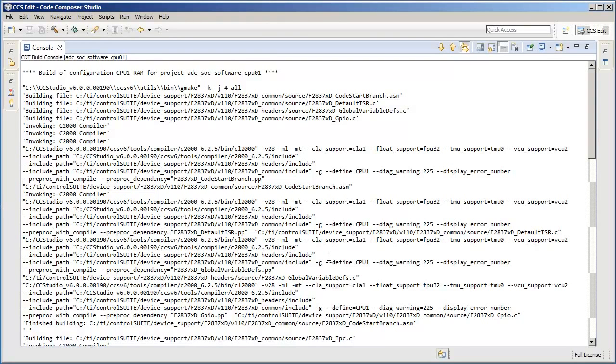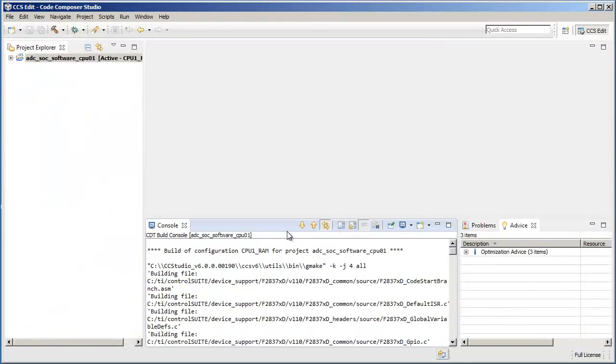So it's a little bit more difficult to interpret and understand the output of the build console, but it's just something to be aware of, and just so people know that when enabling parallel builds, it is expected that the build output would look like this. So it's as simple as that. Pretty easy to go ahead and enable